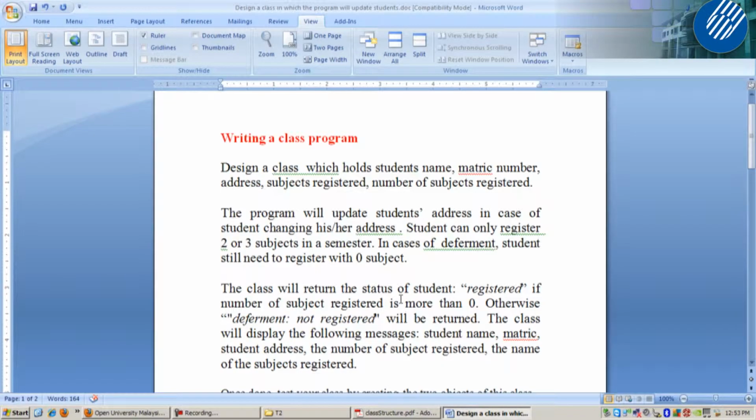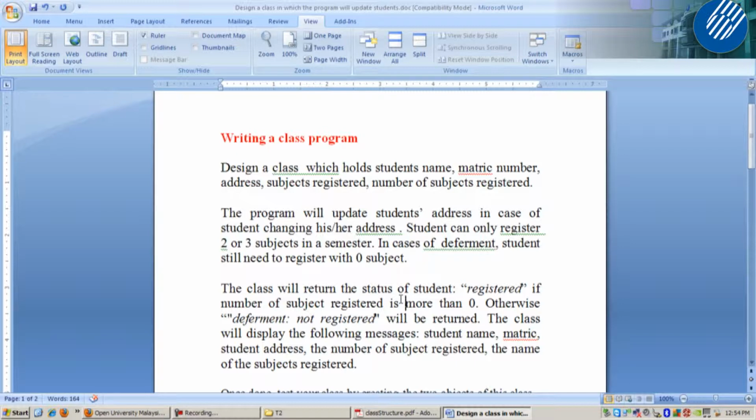Don't type this question, just try to understand. From this question, I want you to identify the name of the class and the state of this class. No need to identify the methods or the behavior. The behavior you can identify later, but for the beginning, just identify the appropriate name for this class and the attributes or the state for this class.